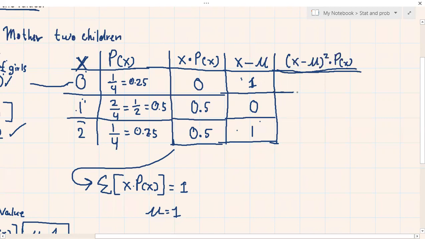Okay. So sa first row, di ba, we are asked to get the square of x minus the mean, right? So sa first row, ano yung x minus mean mo rito sa first row? Di ba si 1? Kasi nga x minus the mean, di ba? Okay. So 1 raised to 2 times si p of x. Ano yung p of x niya? Di ba si 0.25? So 1 squared times 0.25. So what is the answer here? So 1 squared times 0.25 is 0.25.